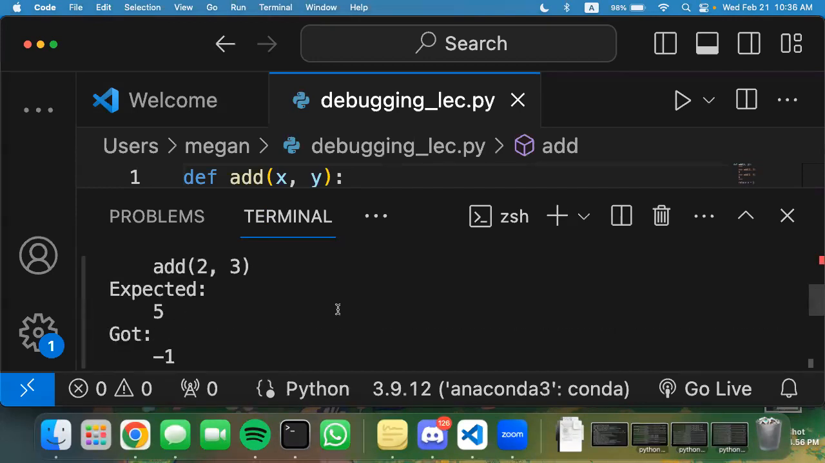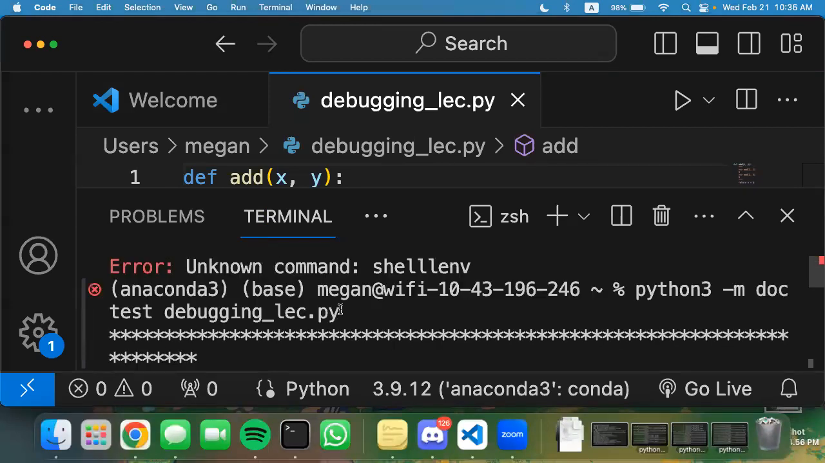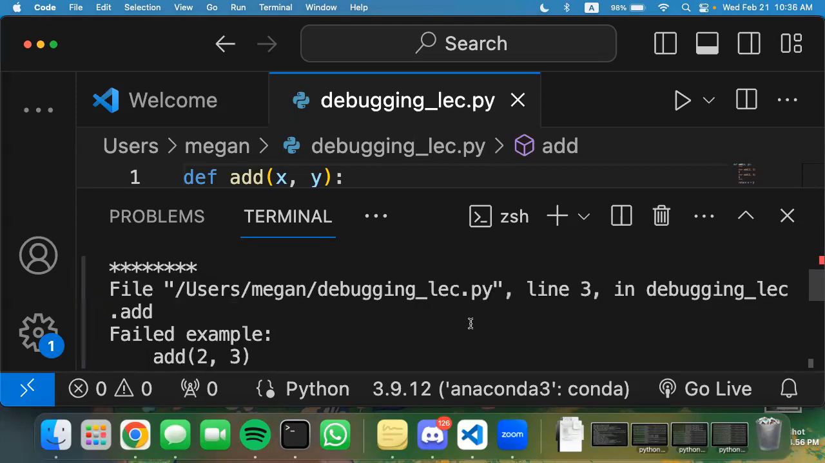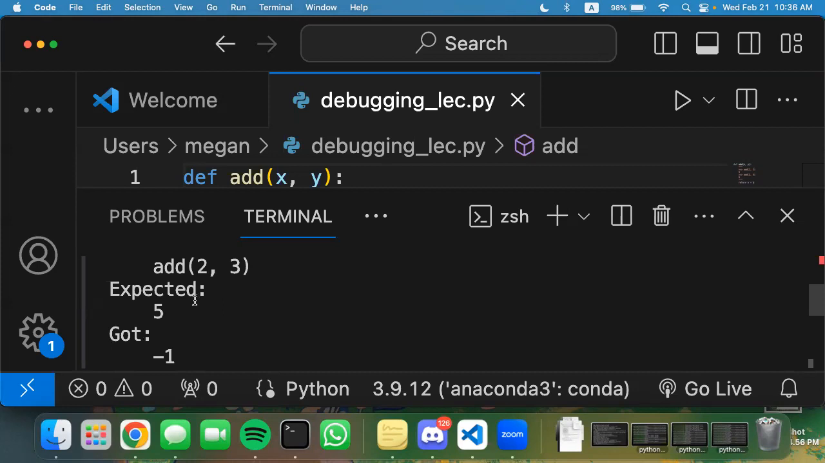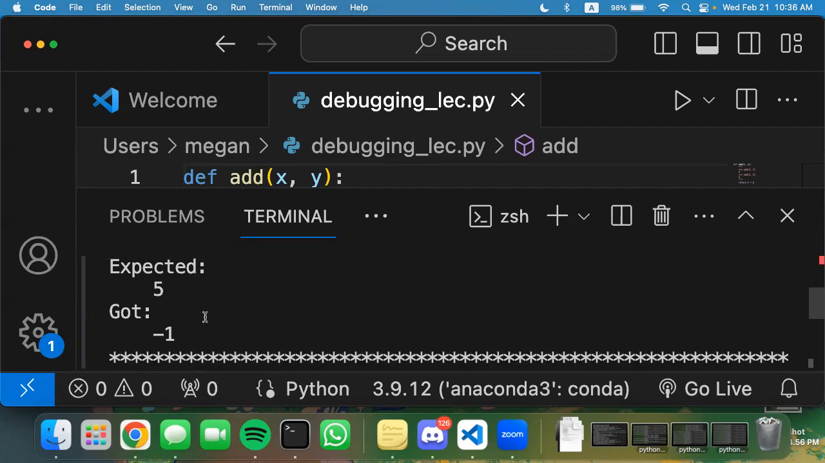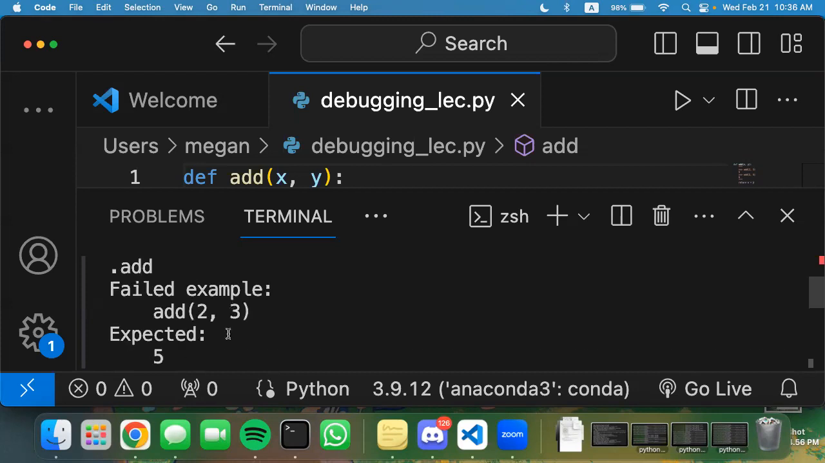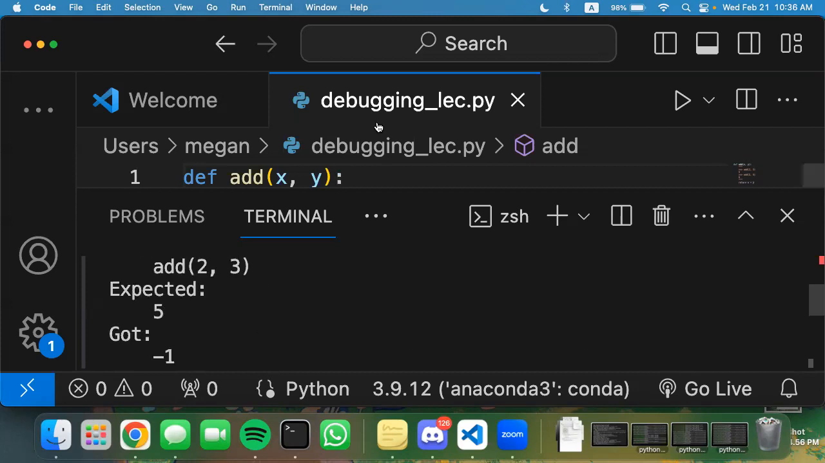Okay, this one is better. So, yeah, if you write the correct name and make sure it's not a previous file name, make sure it's unique, then you should get this. It'll say it's a failed example, and then it'll tell you what example failed, the expected output, and what you got instead. So when we add 2 and 3, we're expected to get 5, but we got -1,